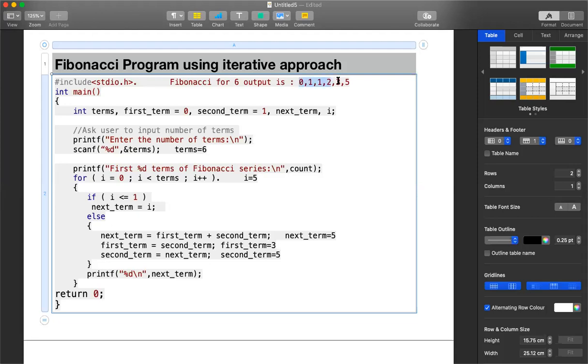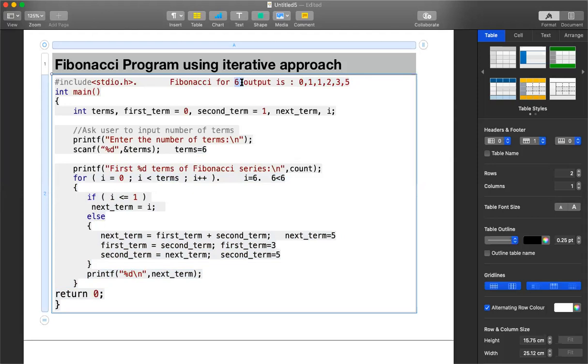So have we generated 6 numbers? Because our number of terms was 6. Now I value becomes 6. If I value becomes 6, this condition becomes false. What is this condition? It is whether the current I value, 6, is less than terms value. What is terms? Is 6 less than 6? 6 is equal to 6, but it is not less than 6. So this loop terminates. Once this loop is terminated, how many terms did we generate? We generated 6 terms because we were finding the Fibonacci series for 6.